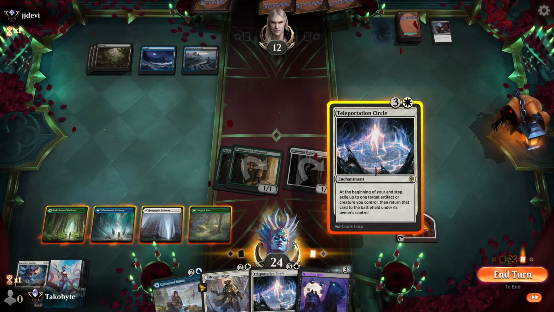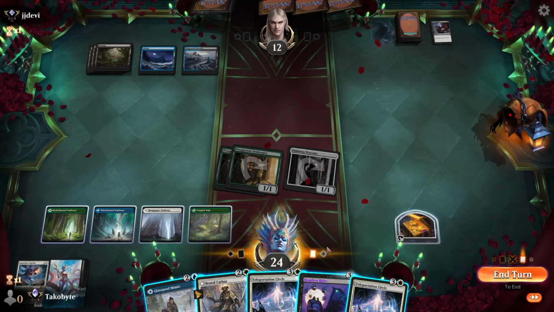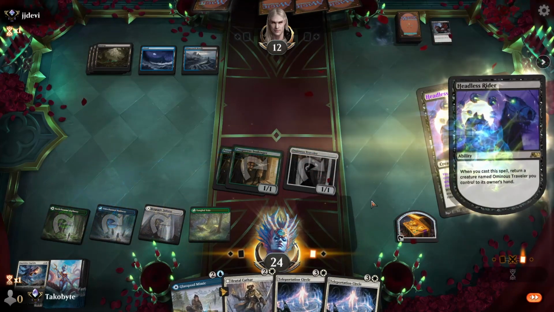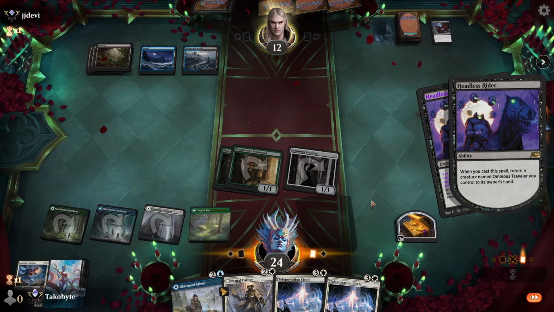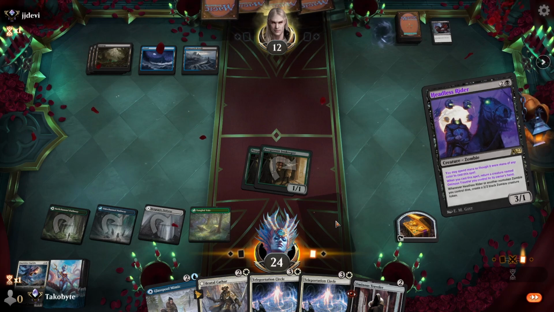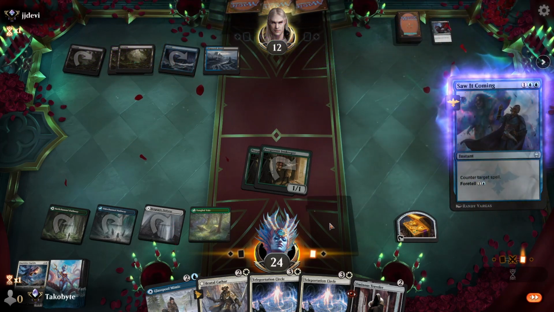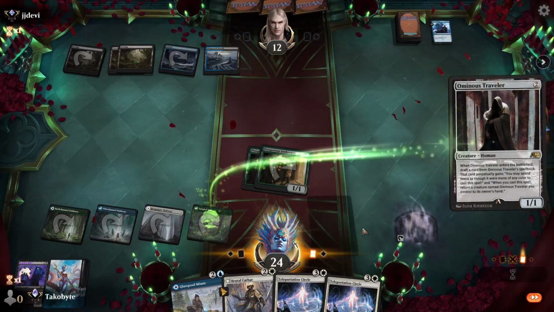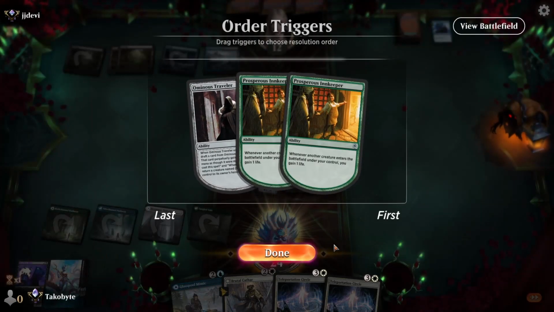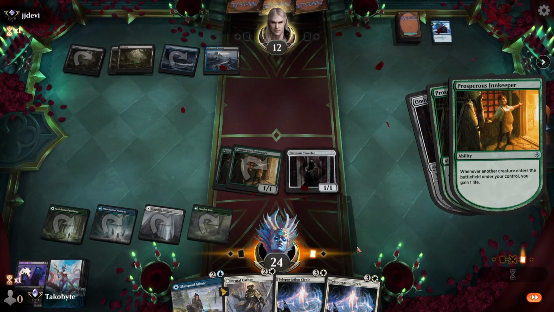I could just run into a counterspell. I don't think that's a bad idea, just because I have 2 of them. They might actually counter this. Let's see what they do. I mean, Headless Rider is pretty annoying. There it is. There it is. I could have actually run into Jwari Disruption, so...